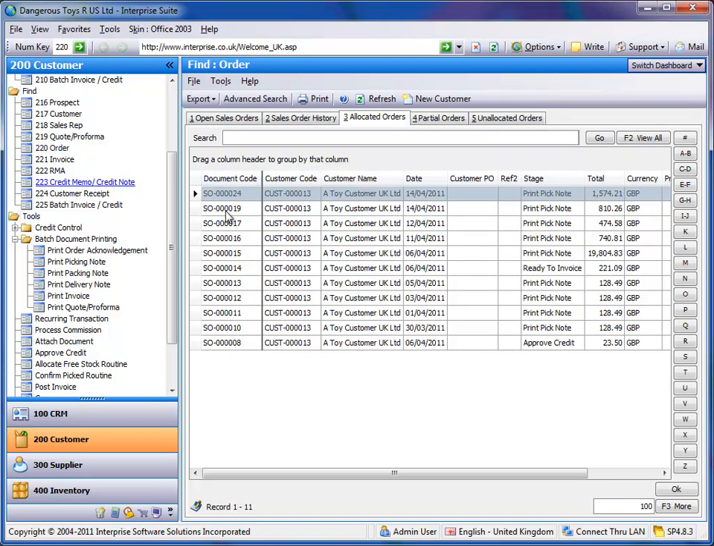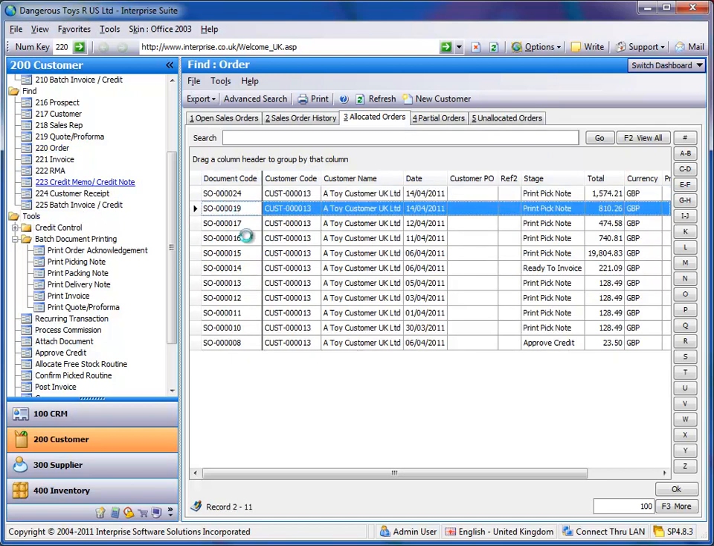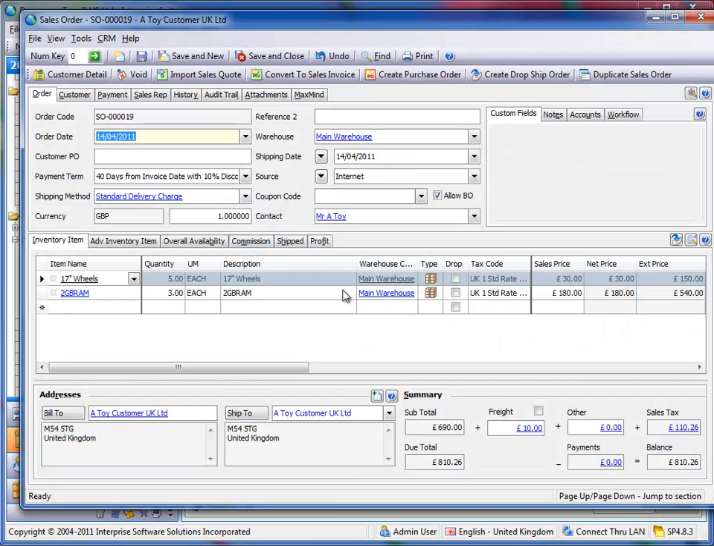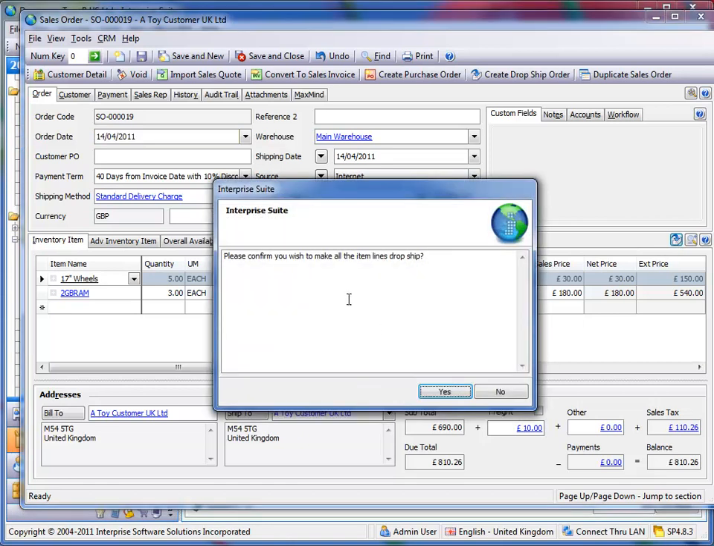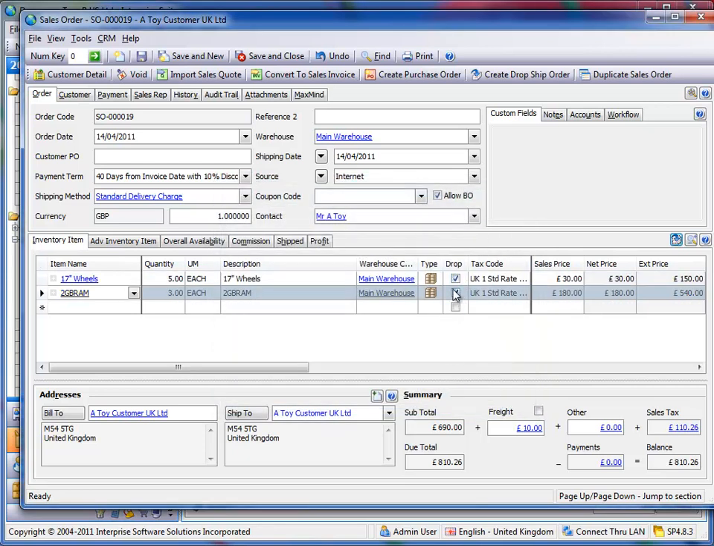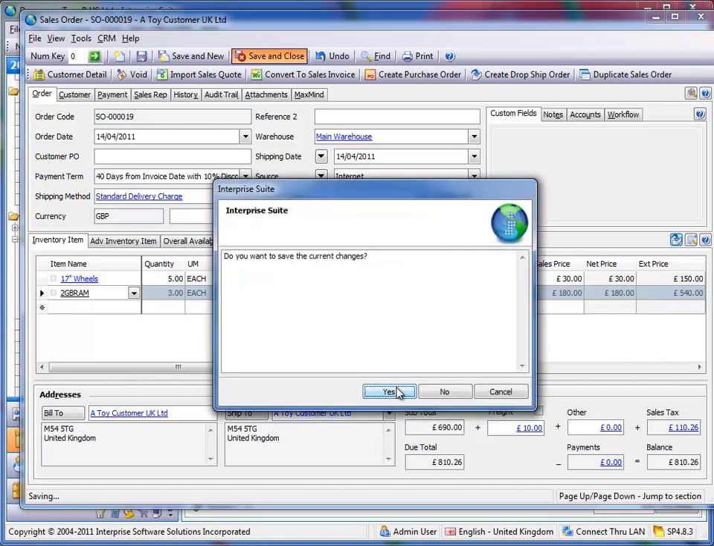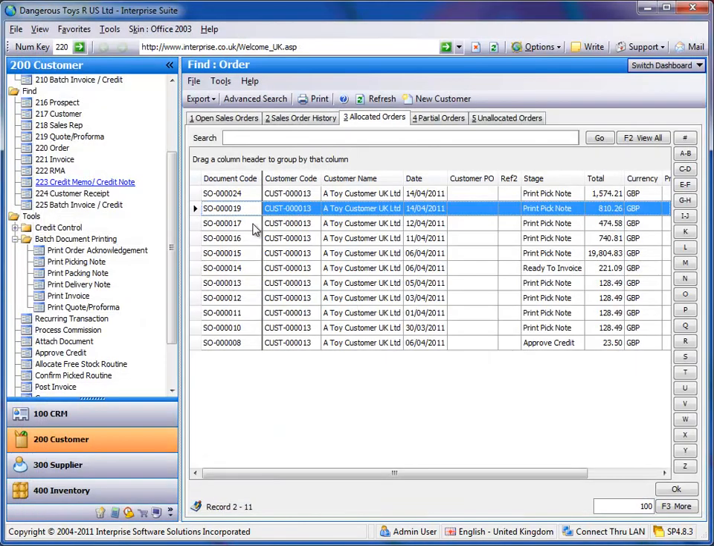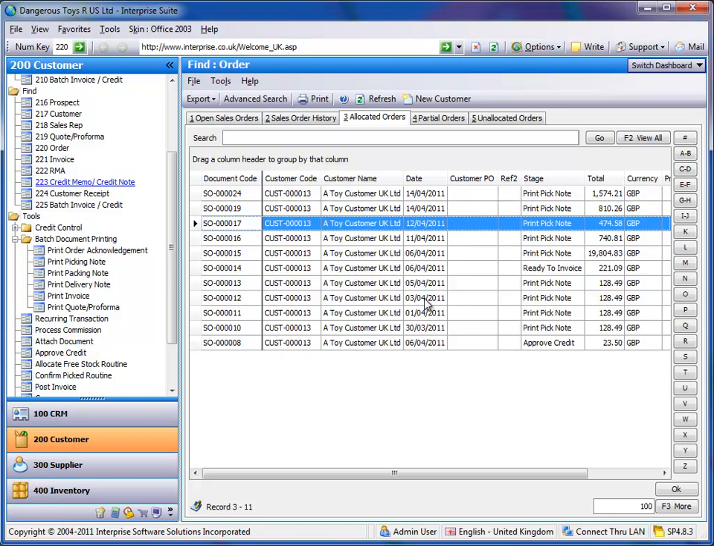If we just bob into a sales order, we've also added a new little button here on the sales order screen, and what that does is it makes all the item lines on the sales order drop ship. So you'll see now that's been ticked. Now if I just do 2 of these, I'll demonstrate another